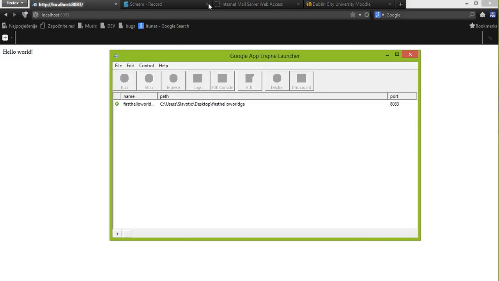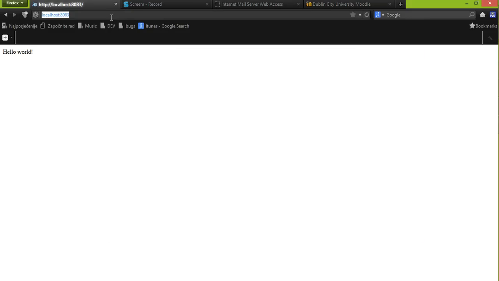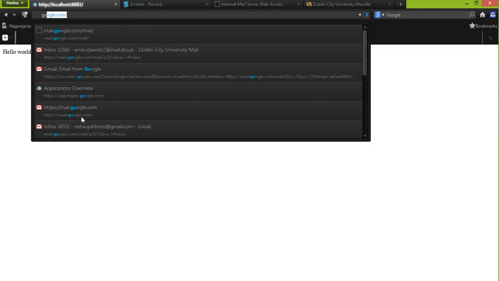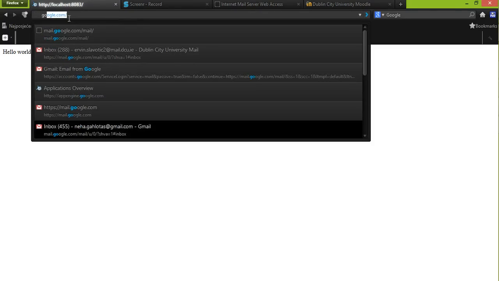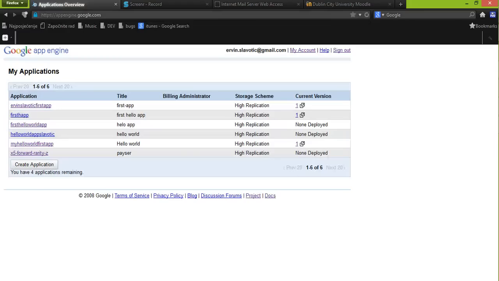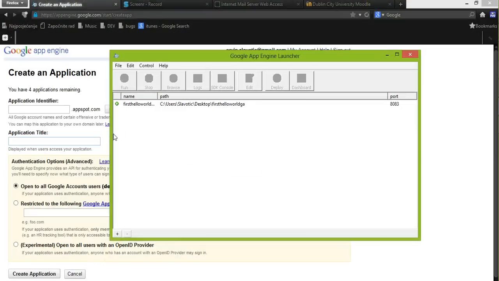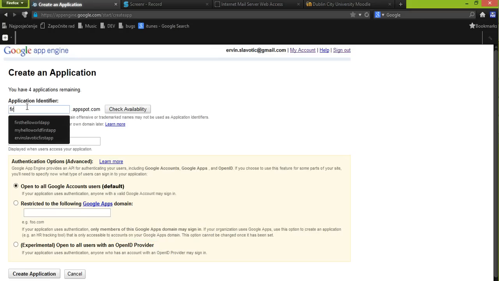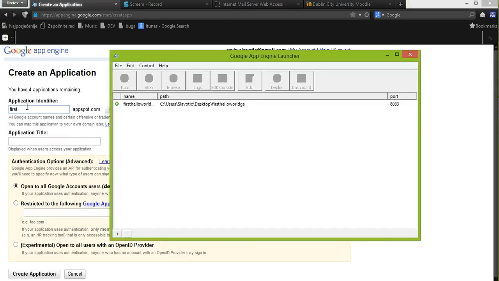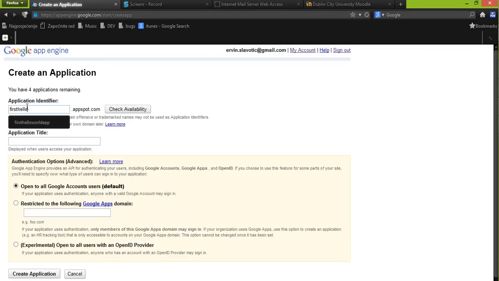So now to deploy that online, we're going to have to go onto your applications page after you sign up. What you need to do is go to appengine.google.com, and here's all your applications. Now you need to create a new application with the same name as your application over here. So it's first Hello World Google App, GA for short. So I'm just going to say first Hello World